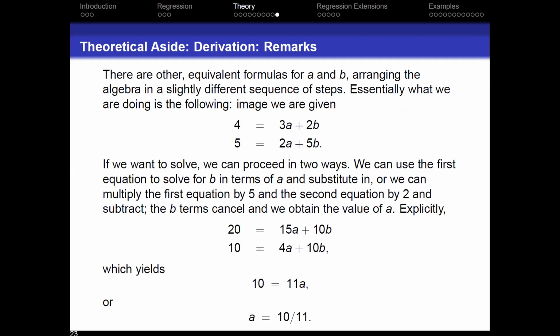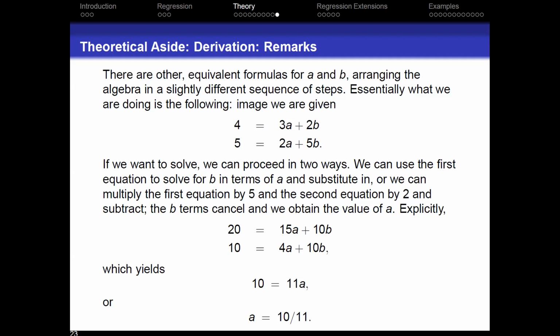So imagine when the dust settles, we had 4 is 3a plus 2b, and 5 is 2a plus 5b. Well, one way we could solve this is I could solve for b in terms of a. So 4 minus 3a is 2b, 4 minus 3a over 2 is b, and substitute that in here. Now I have one equation for a, I solve for a, then I plug that into the other one and